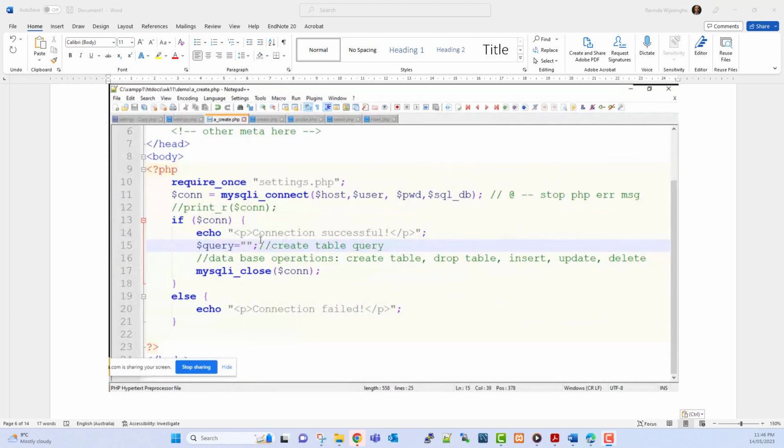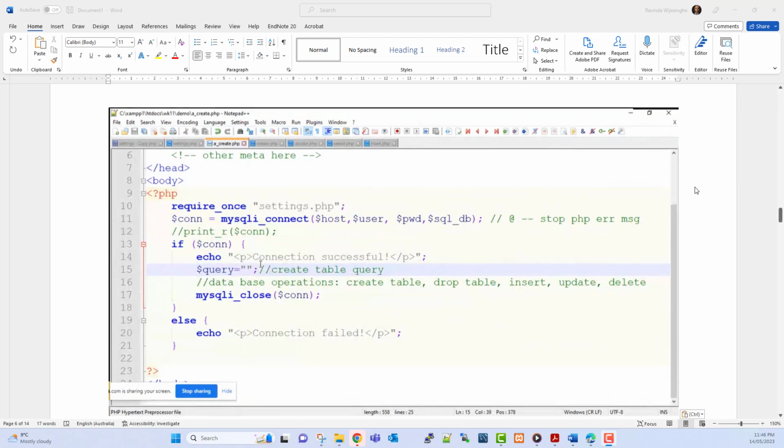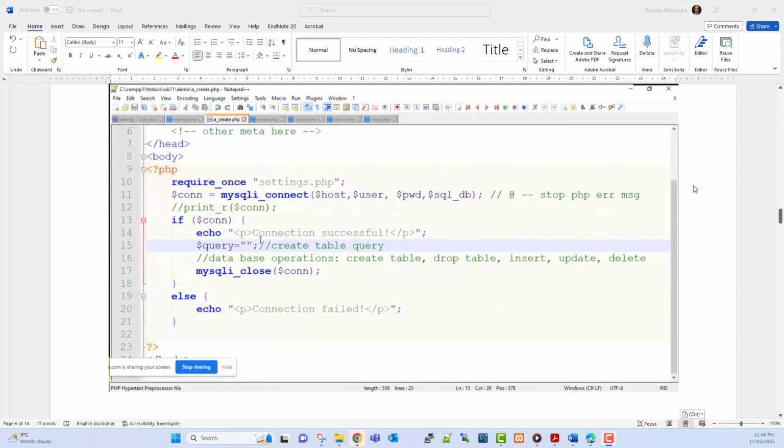Okay, let's now go to create tables. Now I'm using the template which I had mentioned before, the connection template. So what I can do is now I just comment this. I don't need this one, the printer